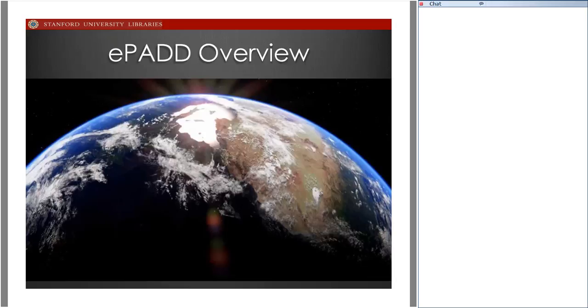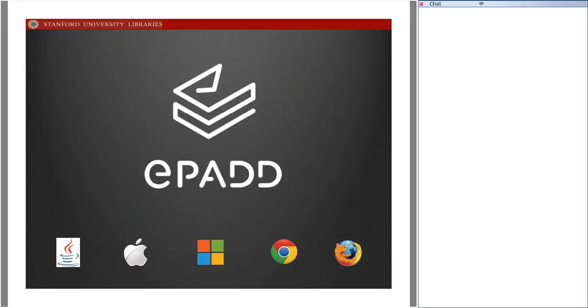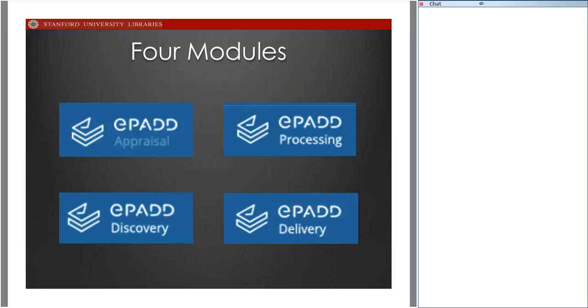So what is ePADD? ePADD consists of 4 modules that build on each other, but can be run independently depending on the need. The appraisal module supports donors who want to screen out information from the archive prior to transferring it to a repository, including health and financial information. The processing module lets archivists further screen for sensitive information, as well as add descriptive metadata to the collection, including assigning authority headings. The discovery module is a web-based environment, providing a redacted view of the email archive,